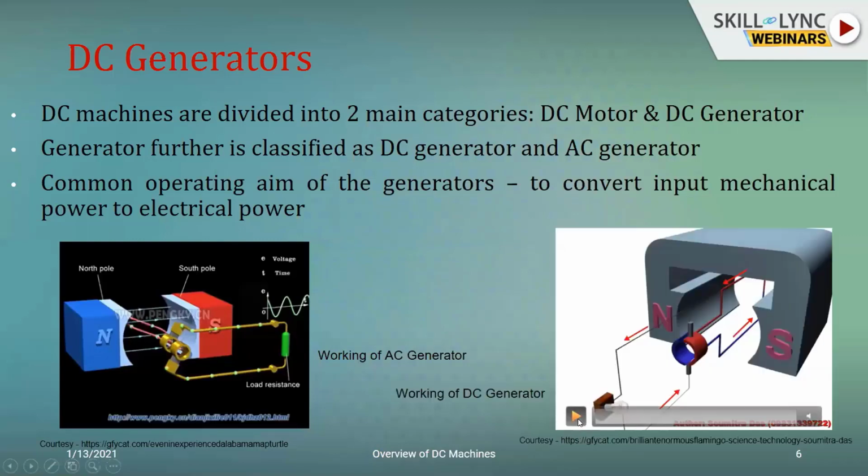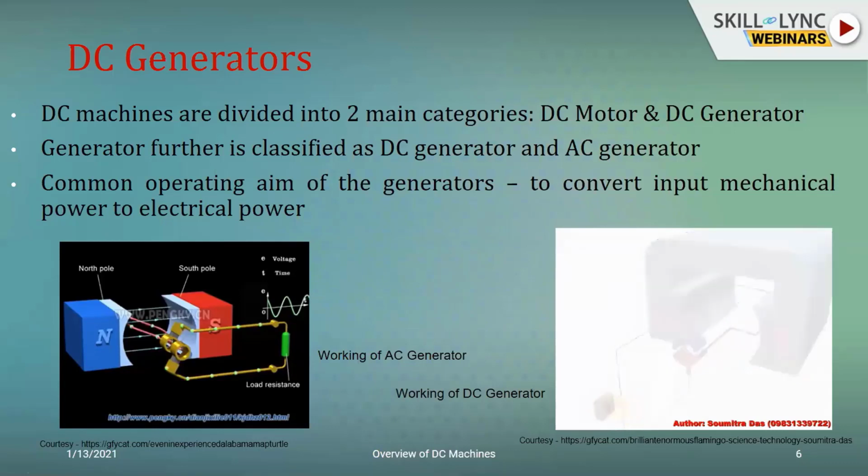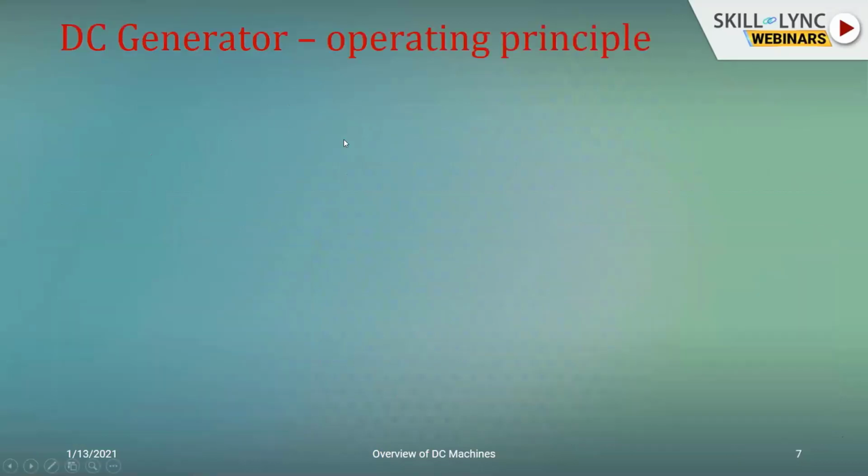For the DC output, you can see that here I have the load as a lamp, and that load will continue to glow as long as my coil remains inside the permanent magnet. The rotation is in the same direction, and there is no reversal of the signal, unlike in an AC form, because of which my lamp continues to glow. So you can see how the commutator element plays the role of rectification. The operating principle is very simple.